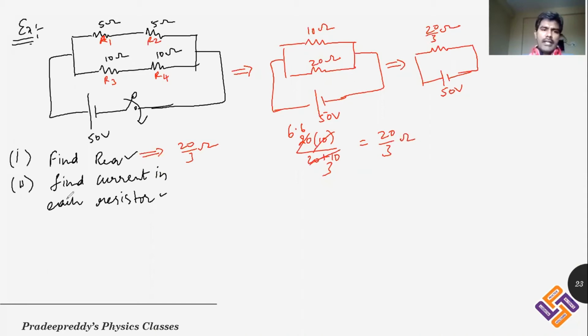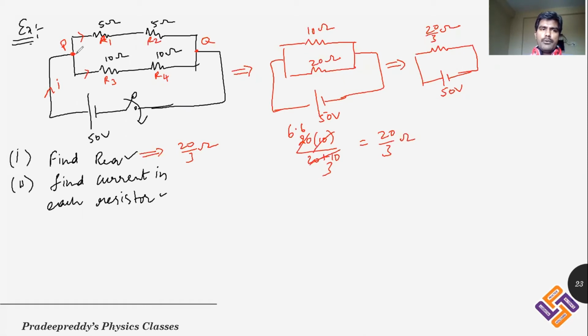Next, you should find the current in each resistor. In order to do that, you should find the overall current in the circuit. When you connect all these resistors to the battery, the battery sets up some current. There will be some current I coming here, and say this point is P and this point is Q. When current I comes to the nodal point P, it gets divided into two parts because there are two paths for the current after coming to point P.